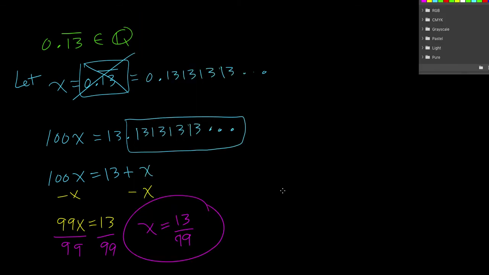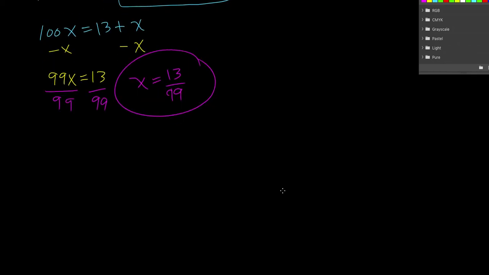Okay, now we're going to do another proof, and that's the last one. Prove that the sum of any two rational numbers is also a rational number. Okay, so we're going to let x and y be two rational numbers,